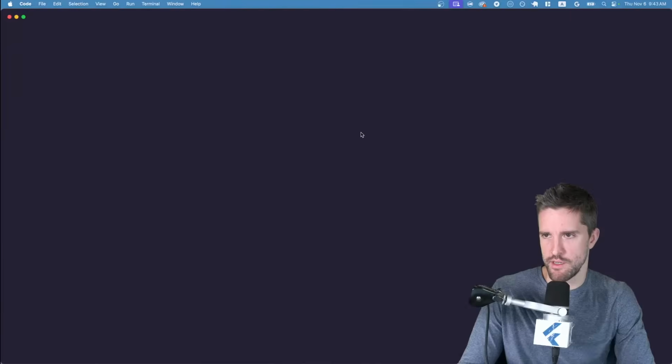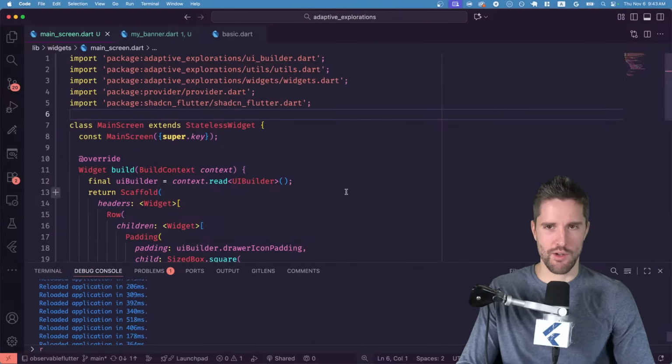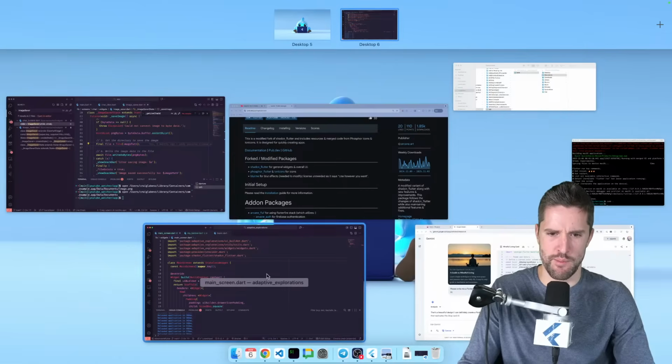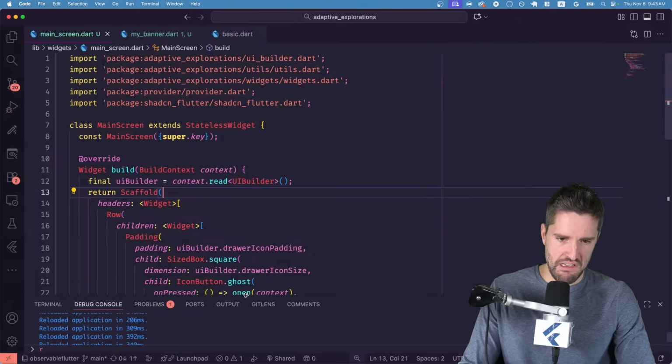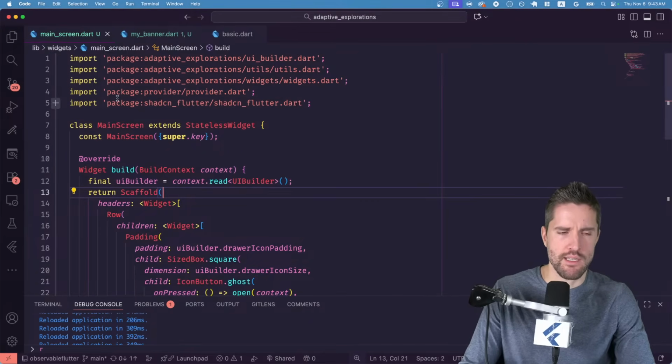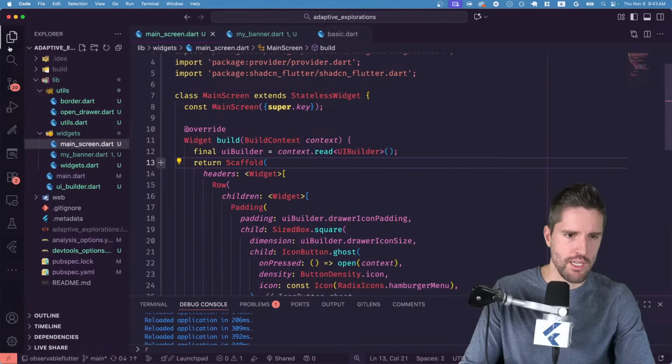Adaptive explorations. It only took us 43 minutes to get started, folks. Hold on to your hats. I'm going to put it in its own window. Exciting. Now, I am using ShadCN here, so actually I'm already realizing that I probably outsmarted myself, because that will have just written the widget in